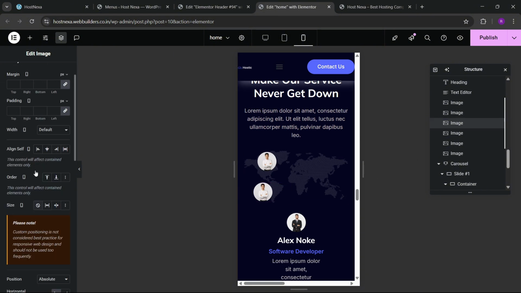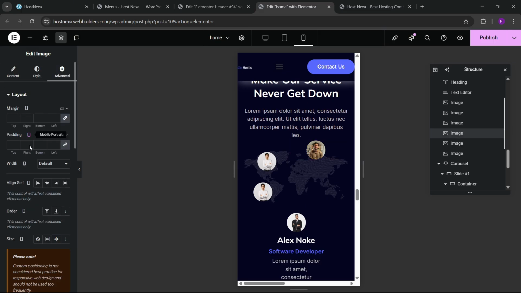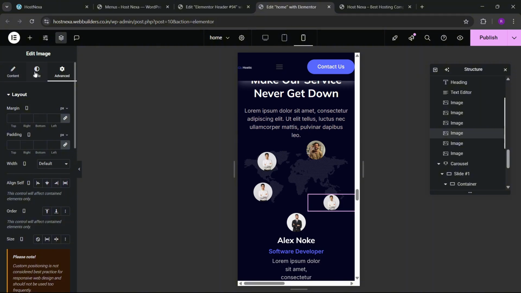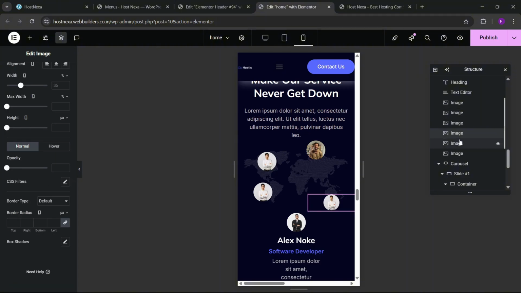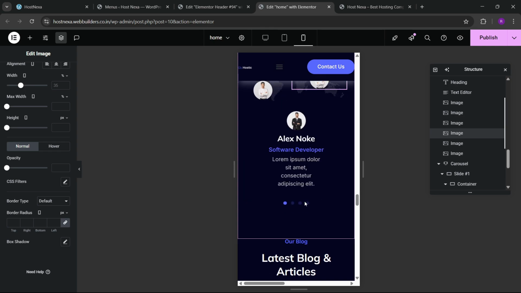Like here we have this image also, so we can do this. Similarly we can do this for the others, and here we can do this like this. Now we can also place it at the top. In this way we have done, and now you can see that we have this slider here, preview